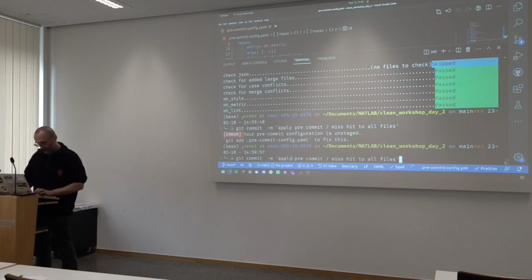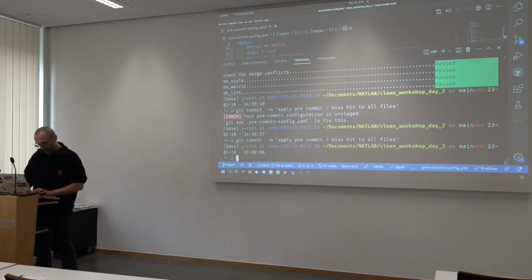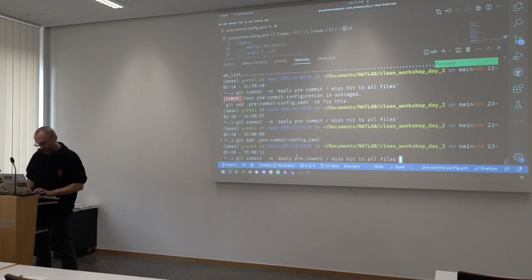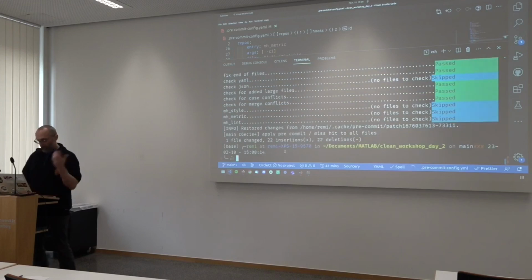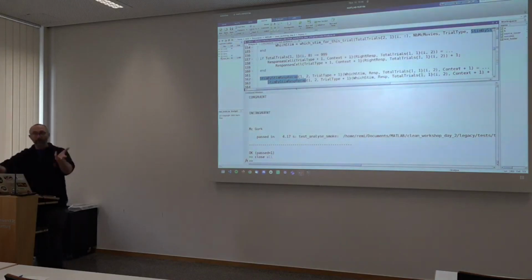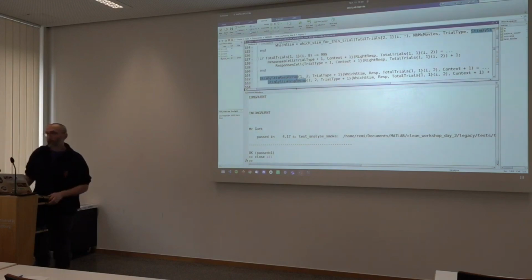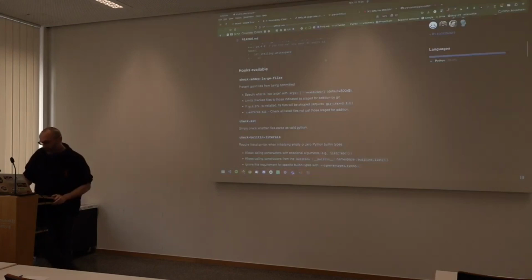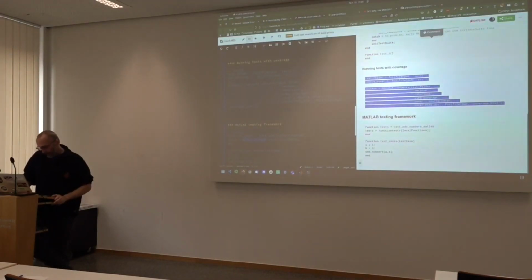Oh, yes, sorry, I need to add my data. Sometimes you actually do get some useful errors, where it's just telling you to add your pre-commit configuration and rerun this, and you're good. So now every time you refactor your code and change things, the reformatting will also happen every time you commit, right? So now you have your refactoring and reformatting happening at the same time, and you can make sure that you're only committing clean refactored code every time. So it is 3 o'clock. This is the theoretical time at which we're supposed to stop.